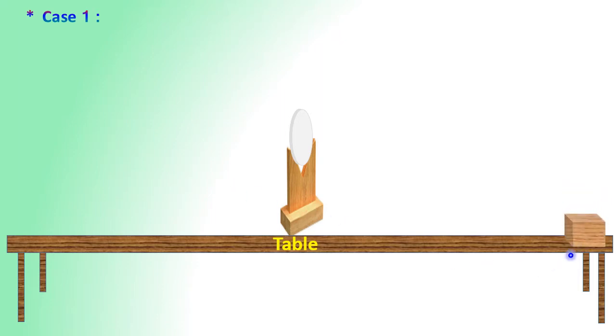This is the wooden block. Actually, I am not going to place the object here in this case because the object is beyond the table, that is this side far away from the lens. Okay. Now, here I am bringing the screen slowly towards the lens. Yes, here the image has been formed. The clear image of the object has been formed at this point.